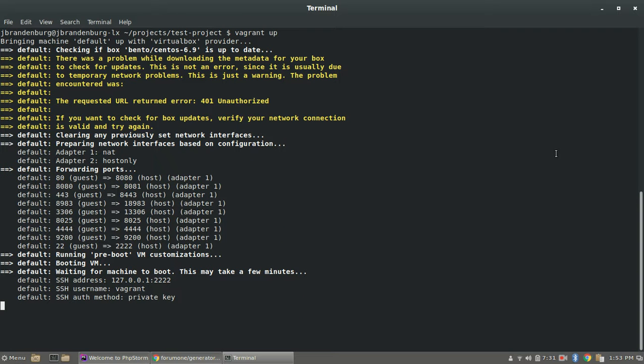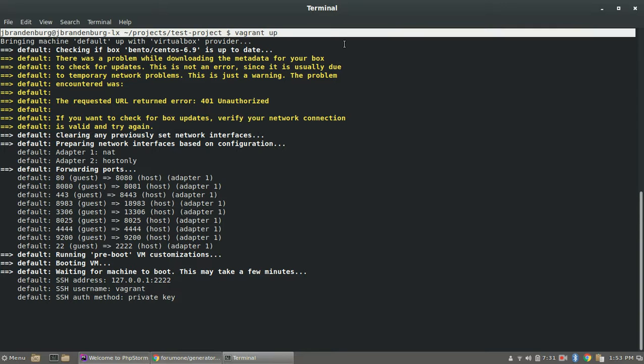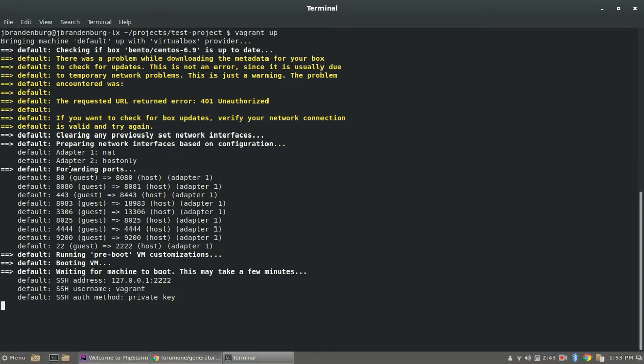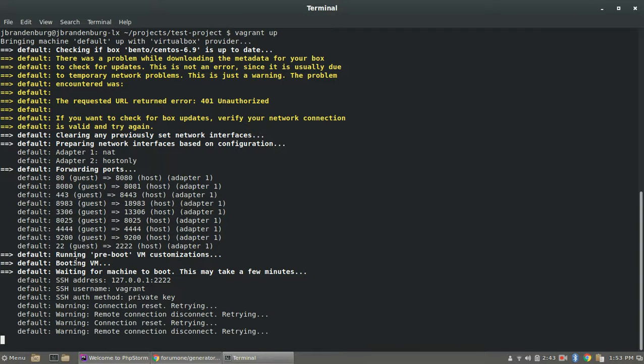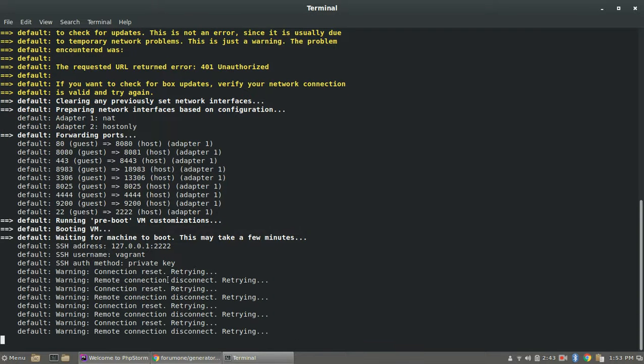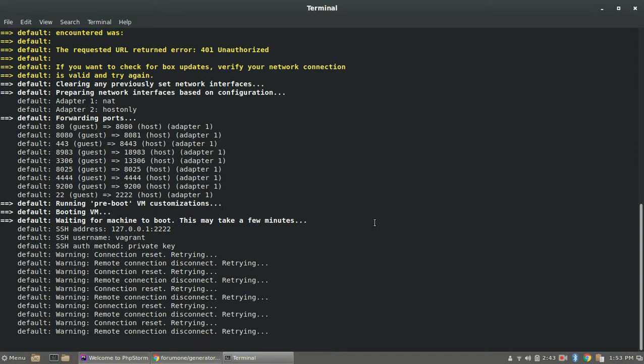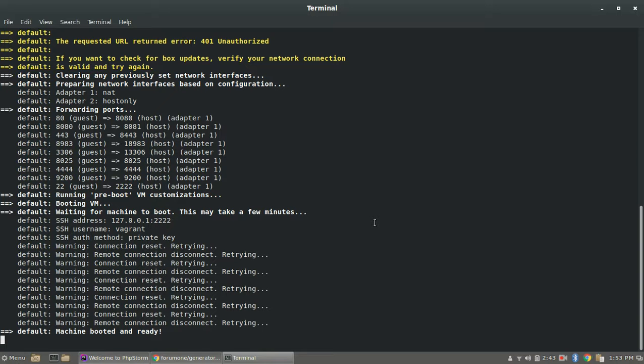Welcome back. So yeah, I just halted the other virtual machine, and I went back to my test project directory and ran vagrant up. So right now, it's displaying on the terminal command line here what it's doing precisely. It's forwarding the ports so you can access the website externally. It's booting the virtual machine. It's going to go through and start installing all sorts of packages, configuring the services, and basically do everything you